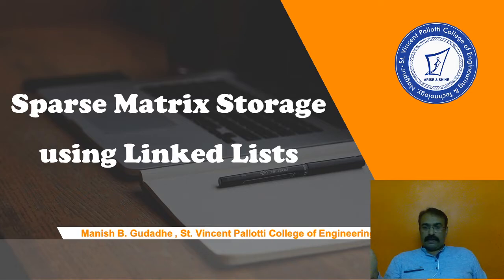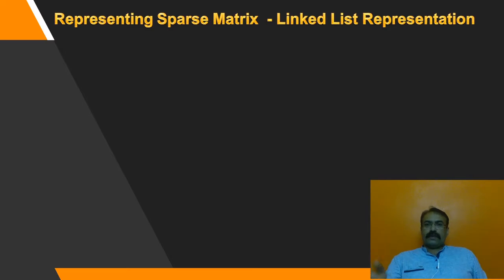The sparse matrix is represented into a triplet, but again it is also a 2D array and it has all the restrictions of whatever the array has. So it doesn't make this storage of sparse matrix dynamic, where we have another approach to store that, using a linked list. So using a linked list, we can again do the same thing. We will now see how can we represent a sparse matrix using a linked list.